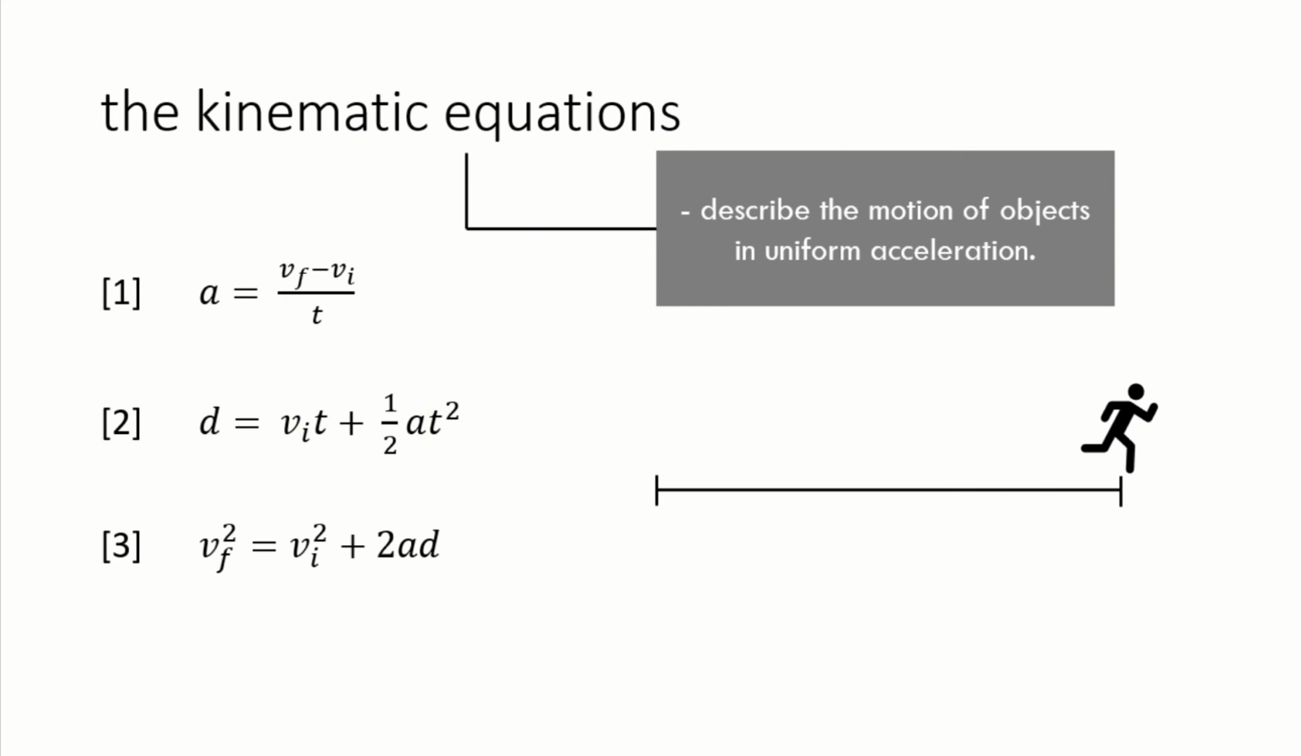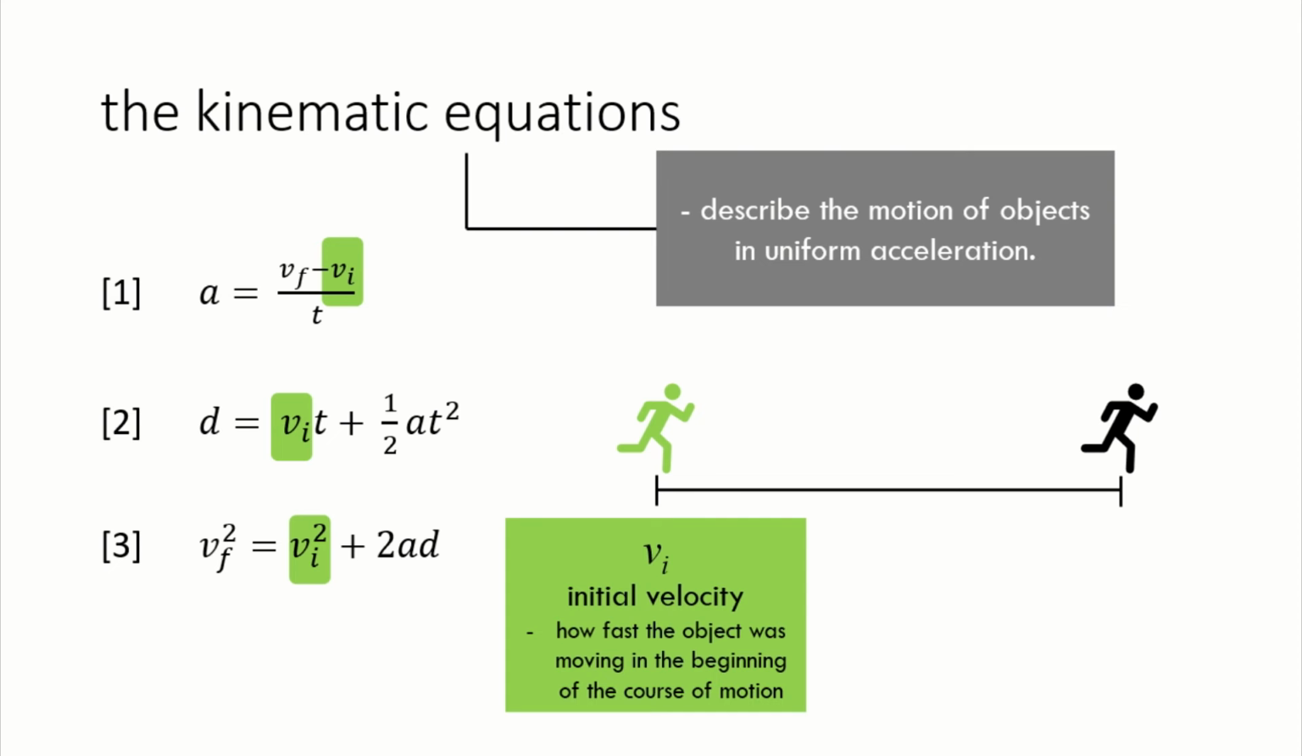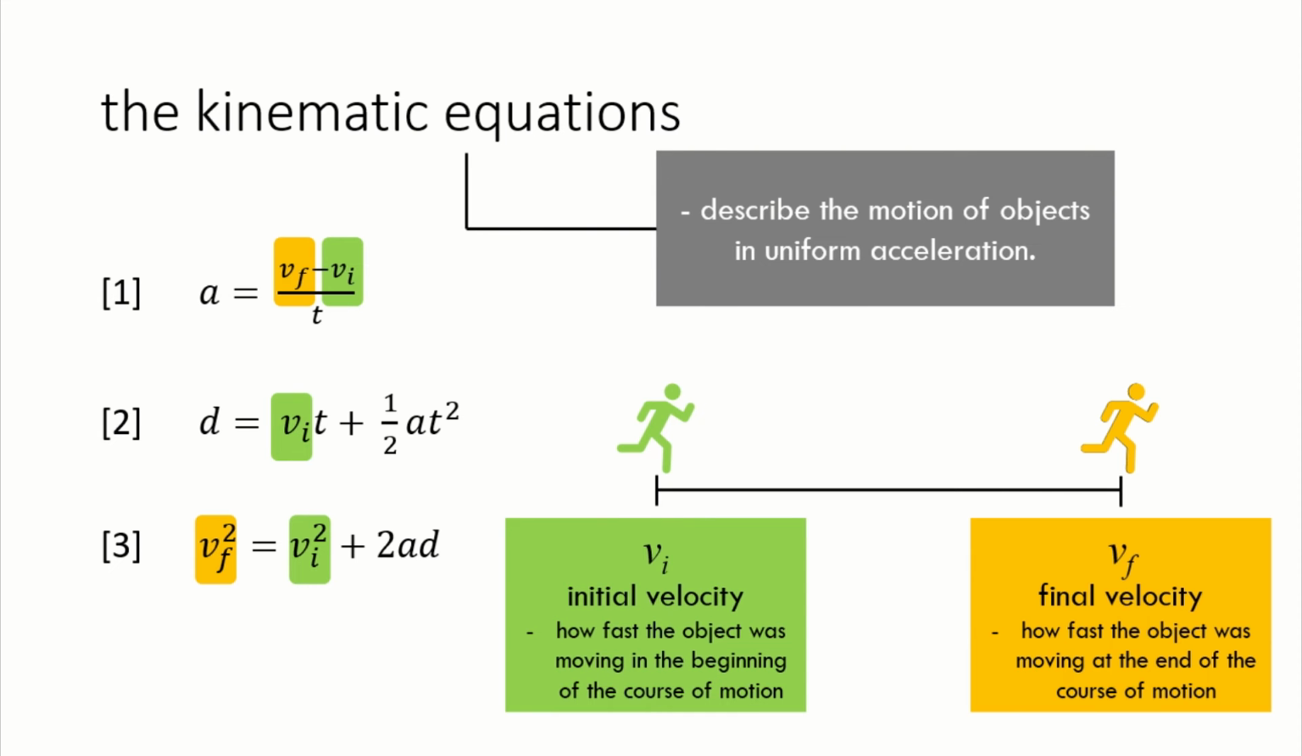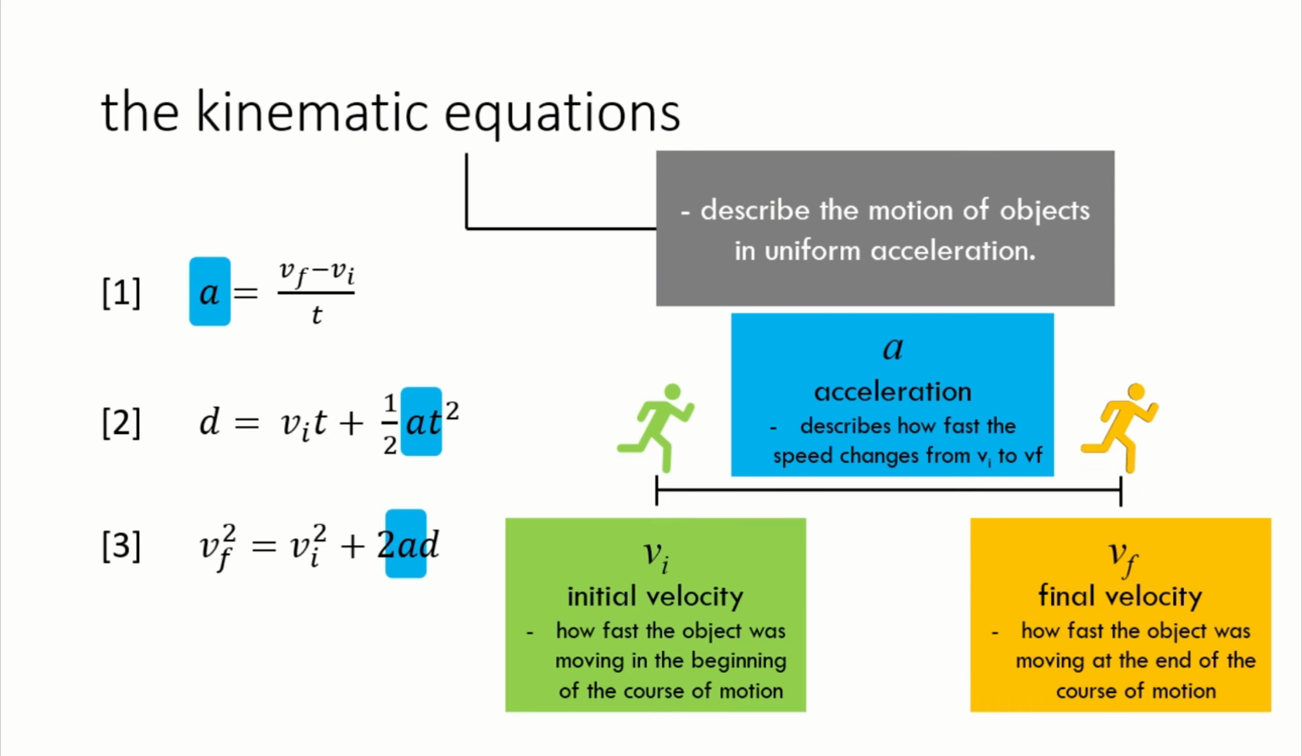motion. The quantity v sub i, or the initial velocity, tells us how fast the object was moving in the beginning of the course of its motion, while the quantity v sub f, or the final velocity, tells us how fast the object is moving at the end of the course of its motion. While traveling, an object can change its velocity, and this can be described by the acceleration. A positive value for a means the object has sped up, and a negative value means the object has slowed